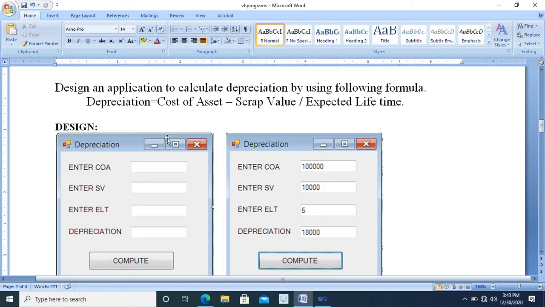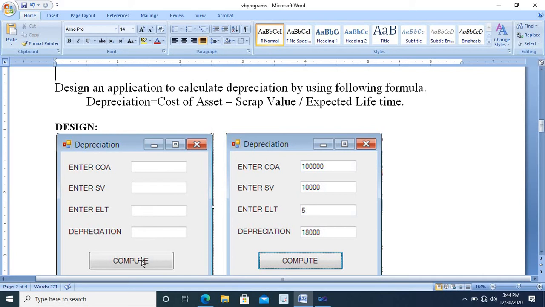For this application, we need to design the interface which has 4 labels for enter cost of asset, scrap value, expected lifetime and depreciation. Along with these 4 labels, 4 text boxes are required and 1 button.